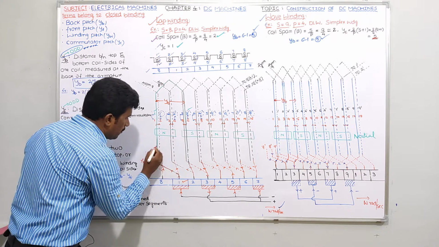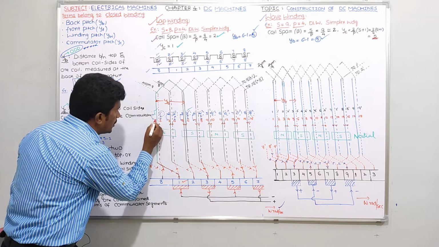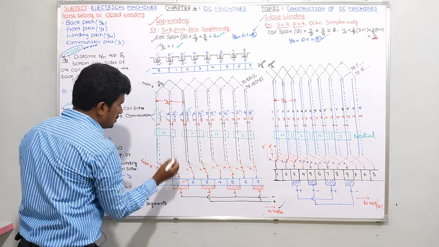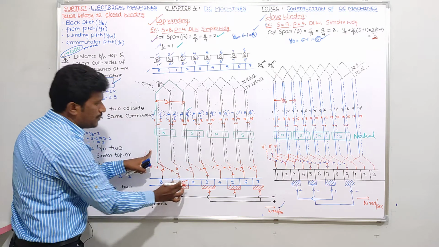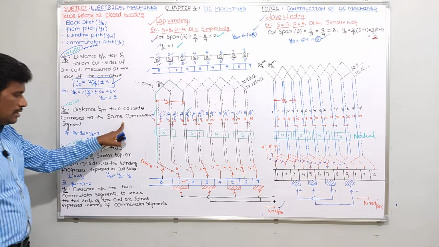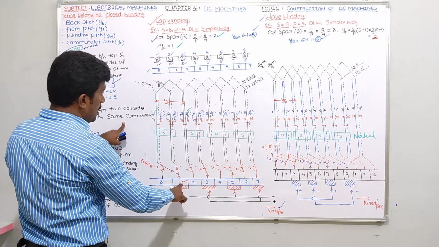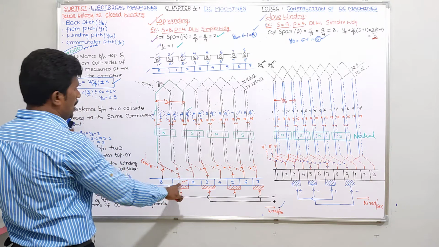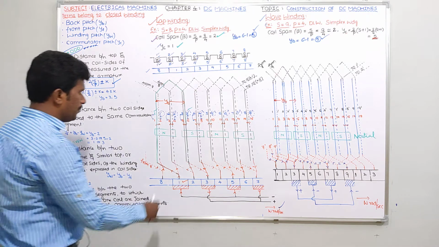For segment number 1, the top plate conductor 1 is connected, and if you observe clearly, try to see. So to this commutator segment, the distance between two coil sides connected to the same commutator segment. Let me consider this example as commutator segment number 1. Now I am asking you, please tell me the definition of YF and its value. It's very simple.